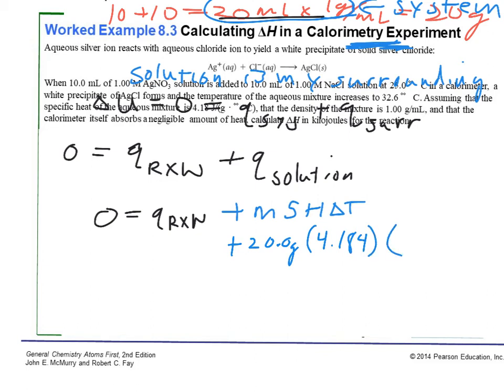They told us that the final temperature was 32.6 and that the initial temperature was 25. So now we can solve for our heat of reaction. So I punch this into my calculator, and I have 20 times 4.184 times the quantity, 32.6 minus 25, closed quantity equals